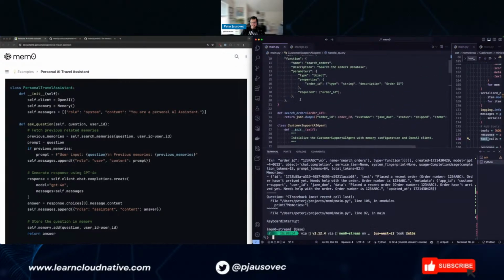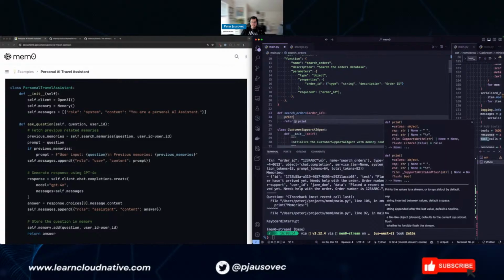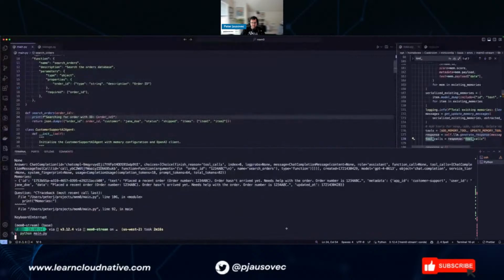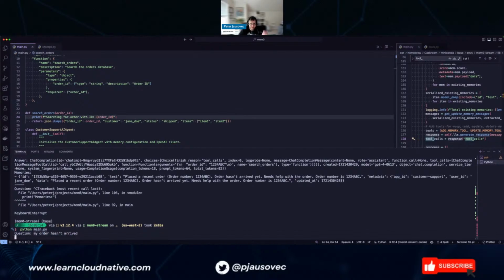So let's add a print line here. We'll say print searching order. There you go, right? So it shouldn't ask me what is the order ID, or maybe it should, right? It should ask me, oh, is this the order ID, or is it something else? My order hasn't arrived.